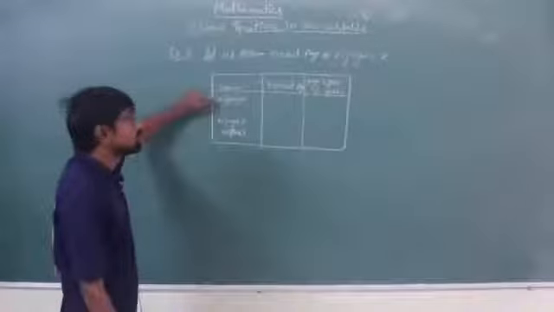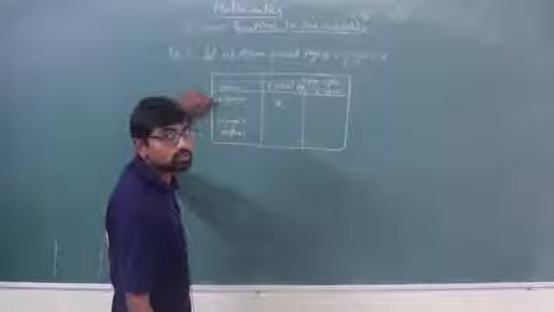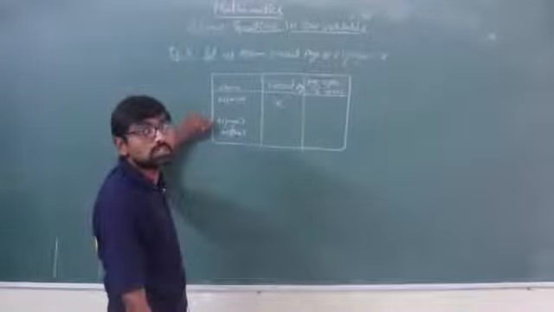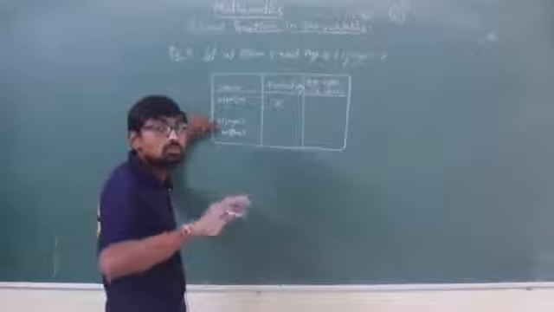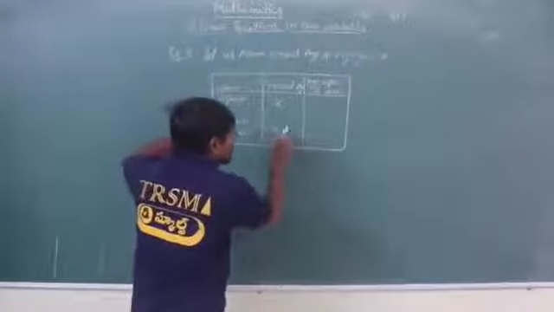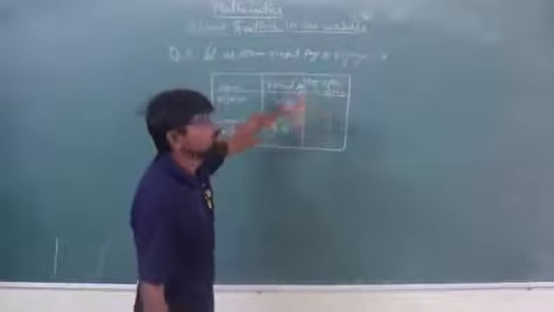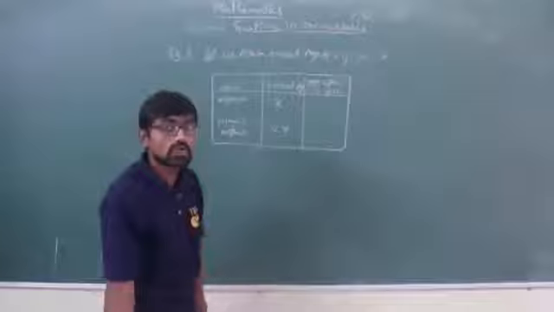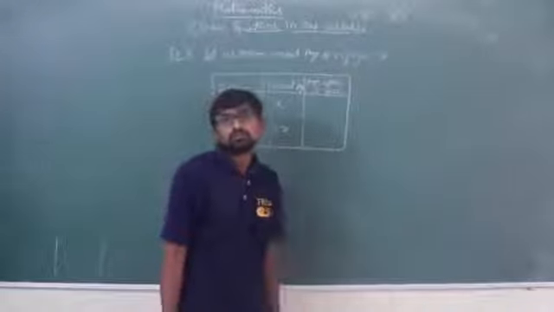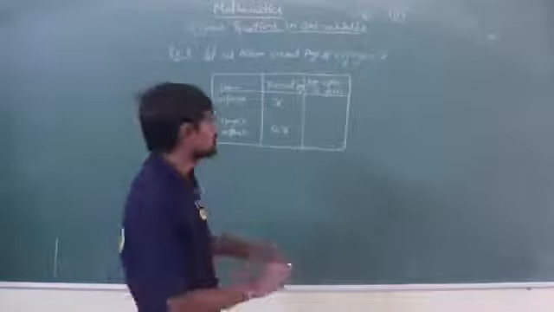Okay, what is the present age of Vijaya? The present age of Vijaya we have assumed as X. What is the present age of Vijaya's mother? It is 4 times more than Vijaya, isn't it? So 4 into X. Similarly, what is the age after 6 years? Till now only I have said to you. If presently my age is 30, what about after 6 years? 30 plus 6, 36, isn't it?